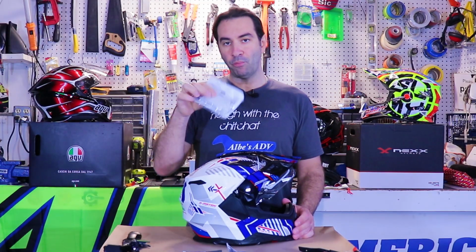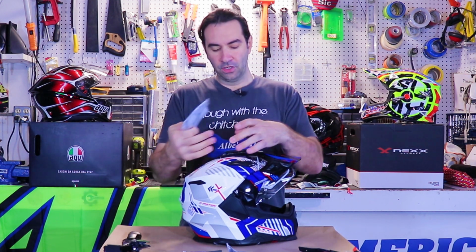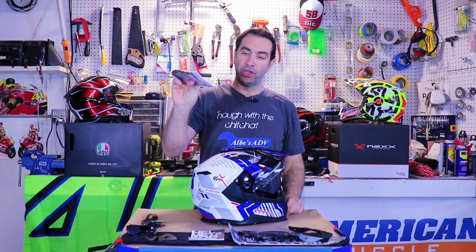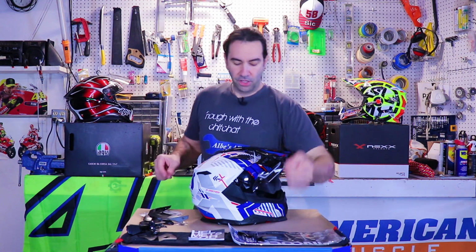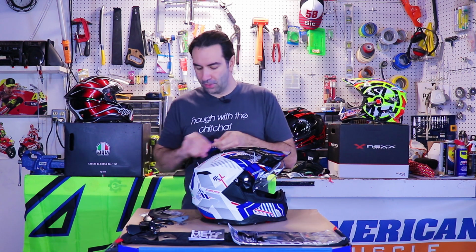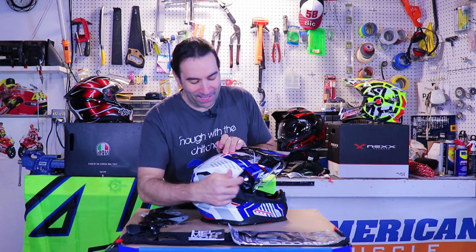They give you a whole bunch of inserts for the foam inside so you can adjust the fit to your head. This is an intermediate oval, so it's longer front and back, a little slimmer on the sides, but you can actually adjust it with those little inserts in here. You get an extra top screw in case you lose it. You get extra side plate